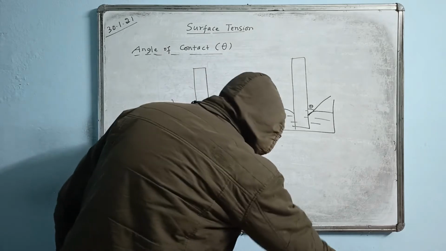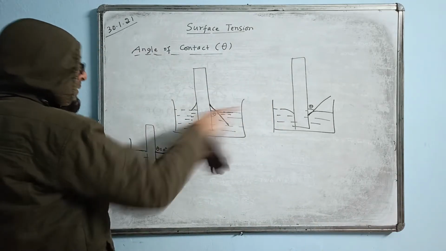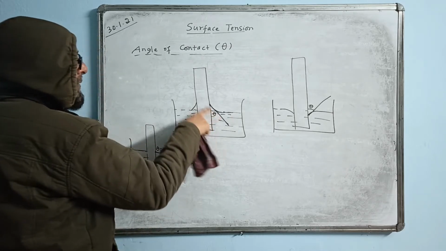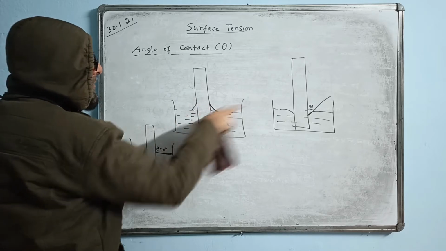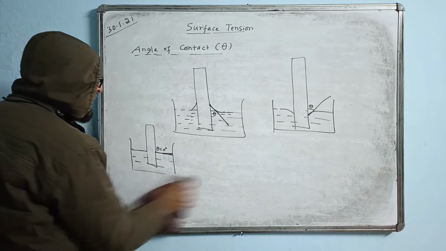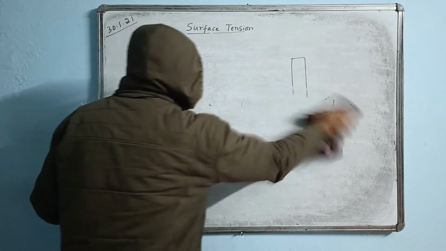Now, this is about the angle of contact. The angle of contact will have the shape of the curve like this, and like this. It depends upon the force of adhesion and the force of cohesion. Now the next heading is